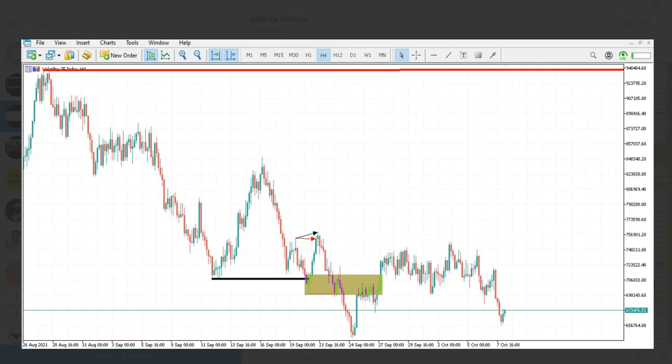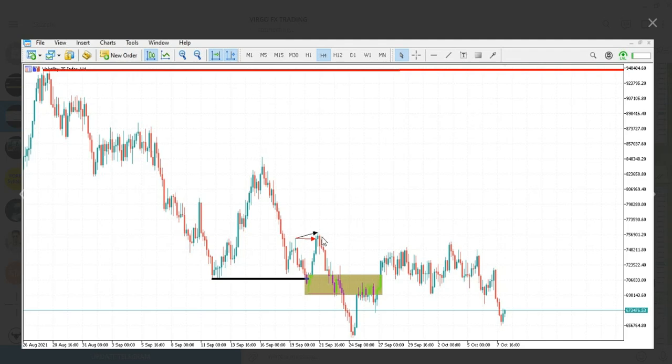What then do we see? Remember, we have the last bearish candle prior to the move up that came down to break the structure here. And then on the flip side of this, what do we see? We see a failure market structure. If you don't know what a failure market structure is, please refer to our previous videos. There's a whole video about that.